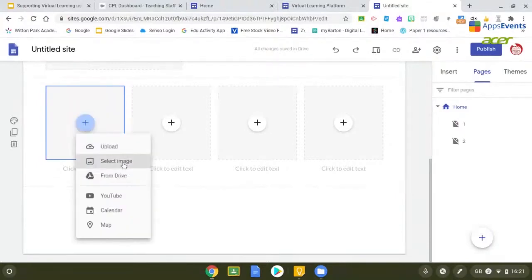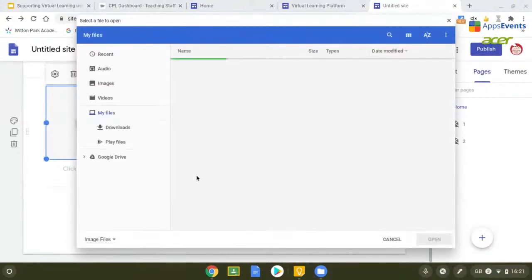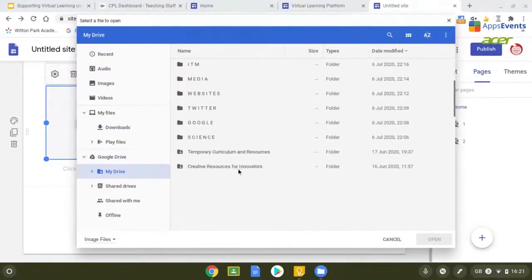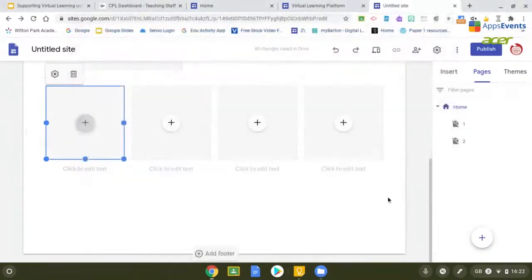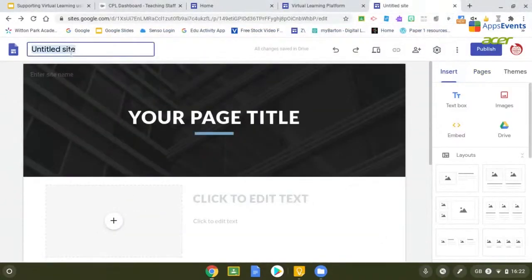Just see if I can upload something really quickly. You can upload it from your downloads. It's a new Chromebook I got just before the holidays, so I've not got much in here that I can upload. So yeah, there's many things we can do with this. We can title our site, and